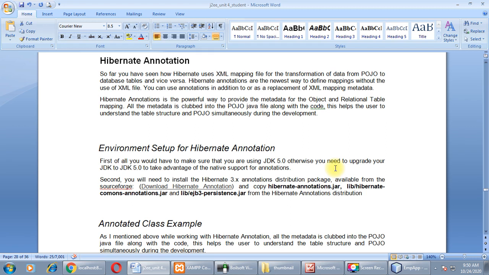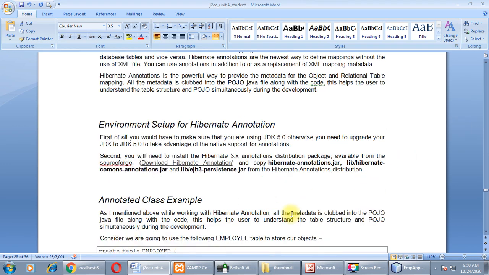Second, you will need to install the Hibernate 3.x annotation distribution package available from the source. You can see the link in our document, right?